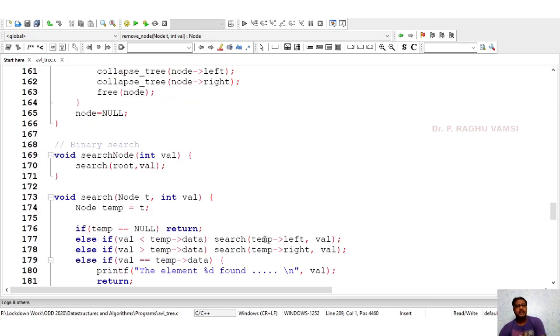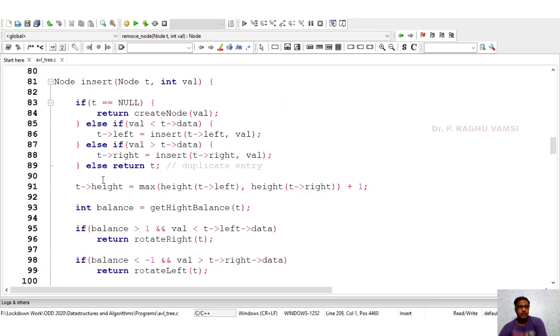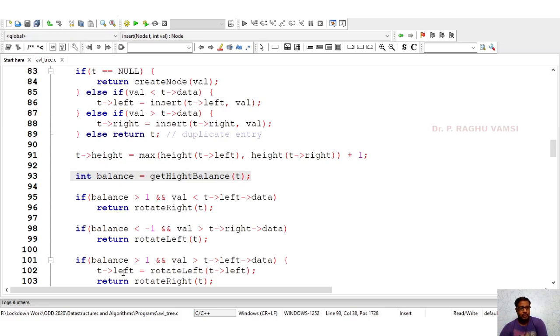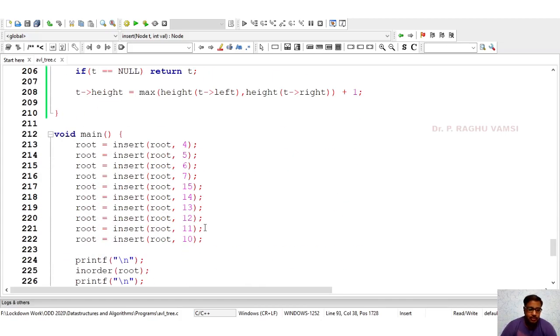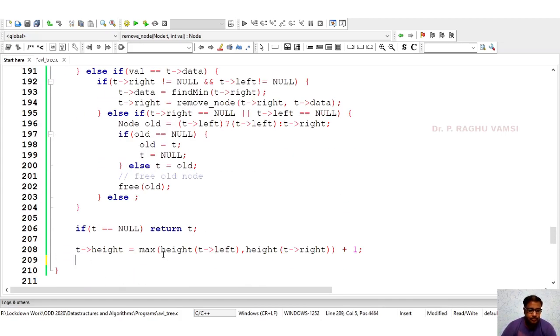Next, after the adjustment of the height, we checked the balance also. So the same thing we are supposed to do here. Whatever we have done in the insertion, the same thing we must do in case of deletion also. So int balance is equal to get height balance of t.